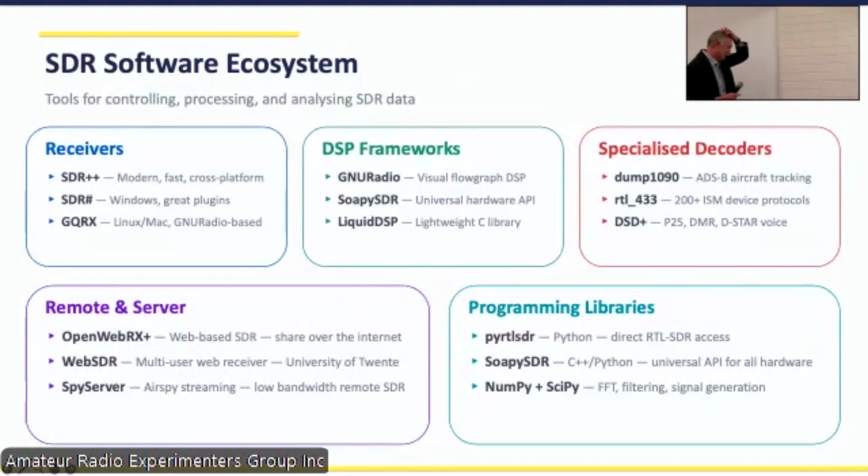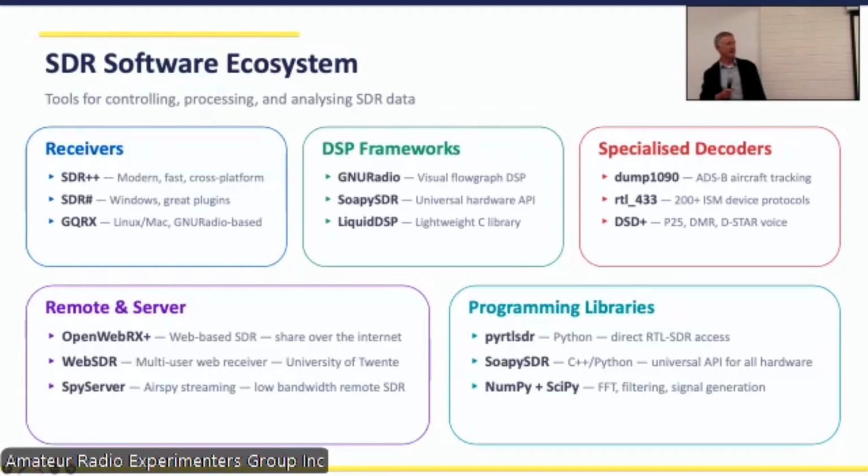So the software system that we have out there for driving these, there's a number of different groups. You've probably heard of SDR++ and the hash, which are two of the major ones. The one that's becoming very big in the market, GNU-based systems, is really leading in a lot of development.